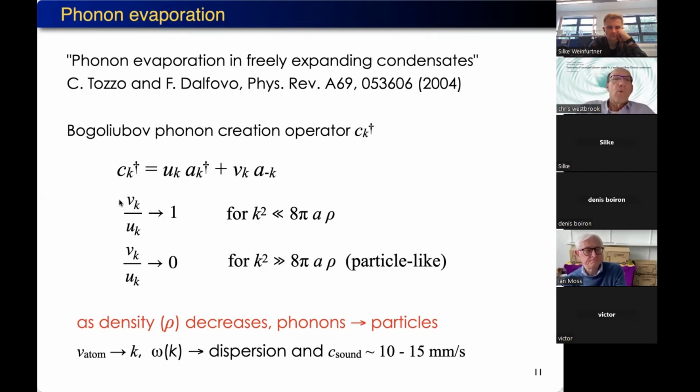Whereas when the k vector gets large, the V part of this thing vanishes, and the quasi-particles are practically equivalent to atoms. The important thing here is that the boundary between low k and high k depends on the density. So as you let the condensate expand, this boundary moves past a given k vector, and that's how a quasi-particle transforms itself into an atom while preserving its k vector and, importantly, its